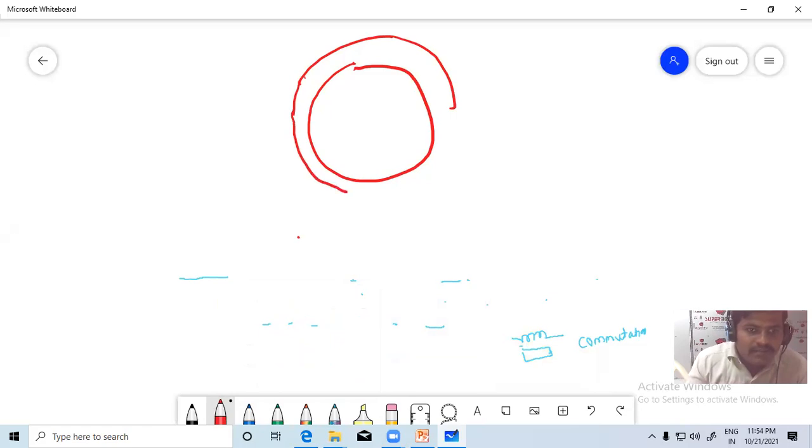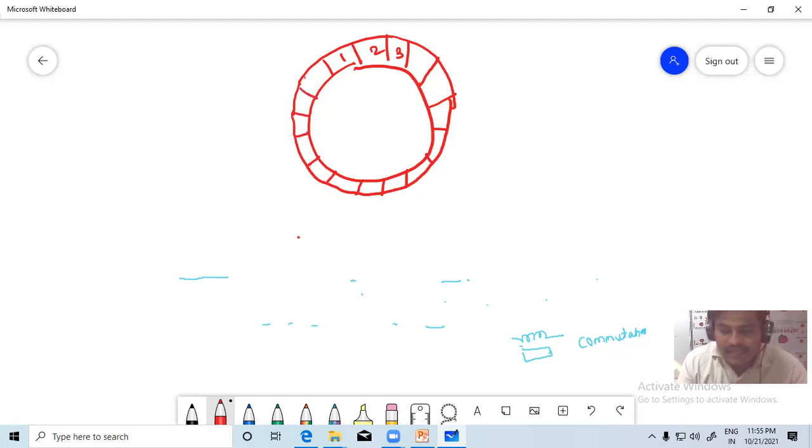Here it is one cylindrical commutator which is mounted on the shaft. This commutator has a number of segments: segment 1, segment 2, then 3, like that. Okay, this has commutator segments, a number of commutator segments. These segments are insulated from each other. This we have already discussed in the construction. These commutator segments are insulated from each other.